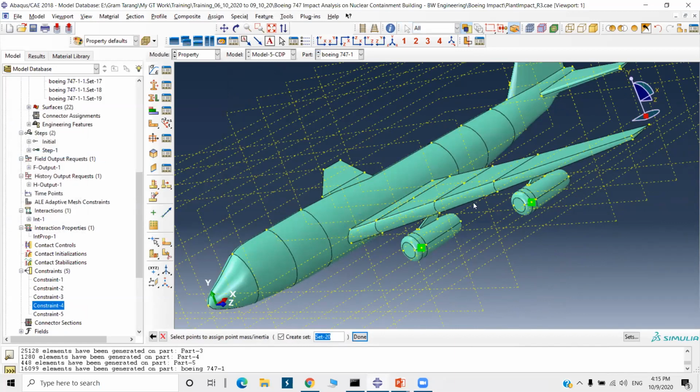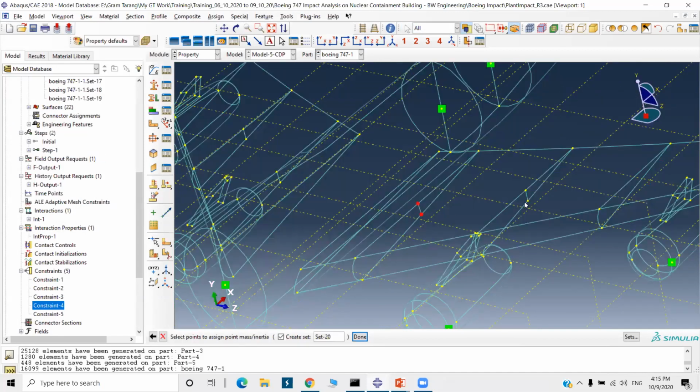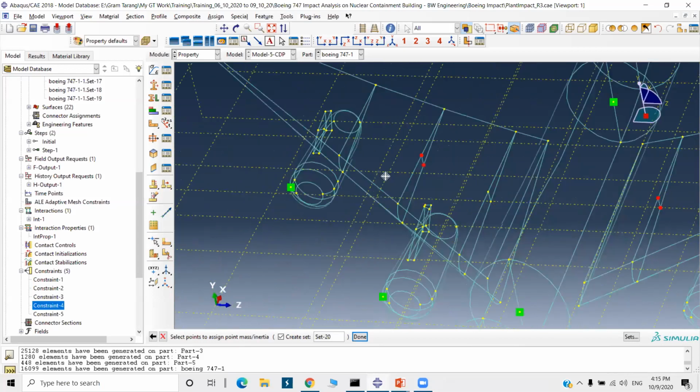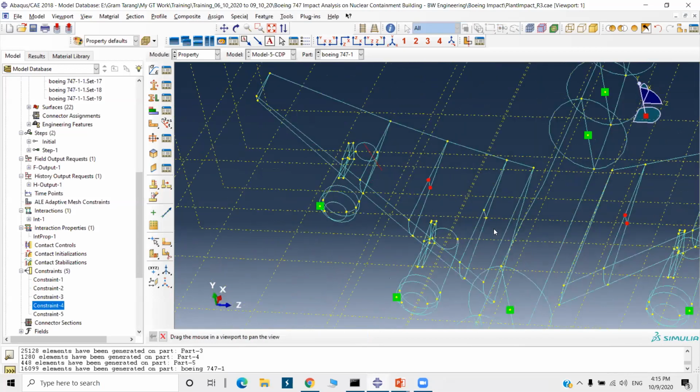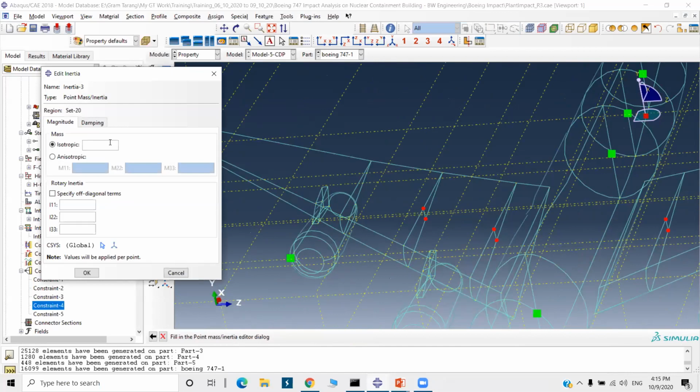I will make it wireframe. I am going to select these 2 points. Same on this wing also. Done. Just 600.